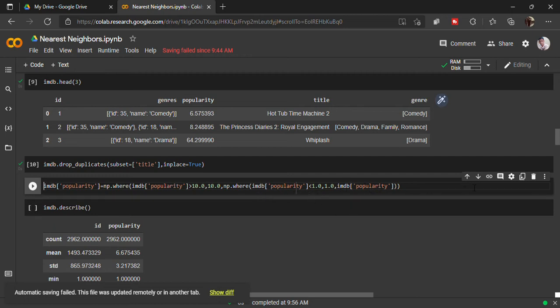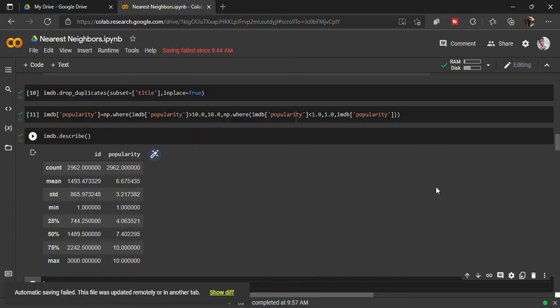Let's run this, and then we'll describe, as there is only one column which has numerical values, that is popularity. You can see 2962 counts, and we have our maximum value as 10 and minimum value as 1, so we just replaced everything.